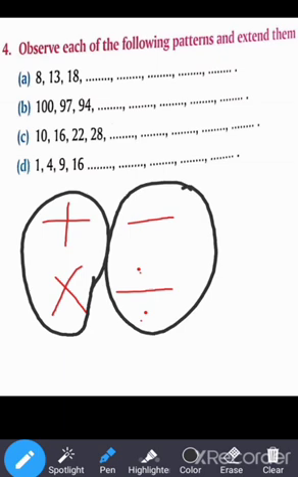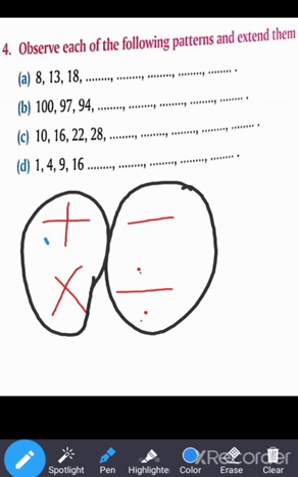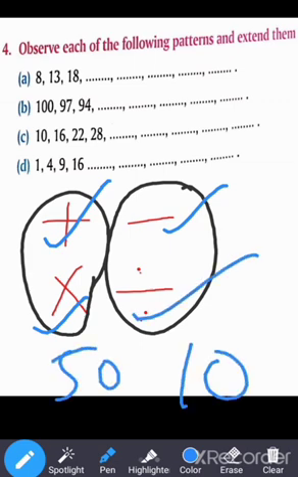Okay, now if the pattern is increasing slowly, it means the numbers are increasing but with a slow increment, it means addition is there. If the numbers are increasing at a very high speed, suddenly they are getting very big, it means multiplication is there. Similarly, if it's a decreasing pattern and they are decreasing slowly, it means it is a subtraction. If the numbers are decreasing at a very high speed, so suddenly the number goes very low, for example from 50 it becomes 10, it means division is there.